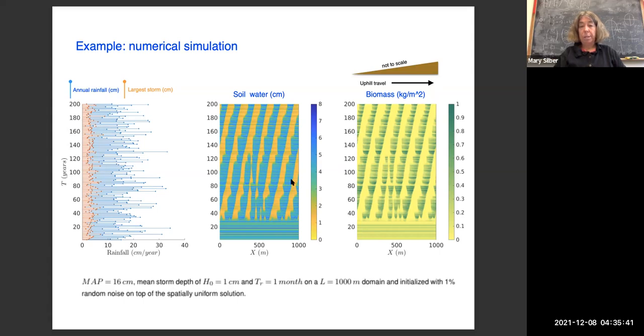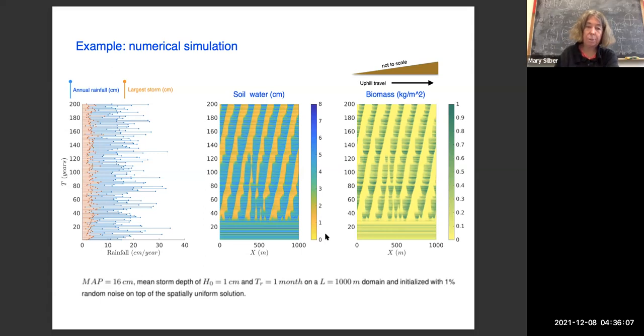And so what you can see here, here's the soil water. We see it being preferentially infiltrated into the regions where there's biomass, and the waves, these sort of noisy band patterns, are in fact traveling in the uphill direction here. Okay, so that's